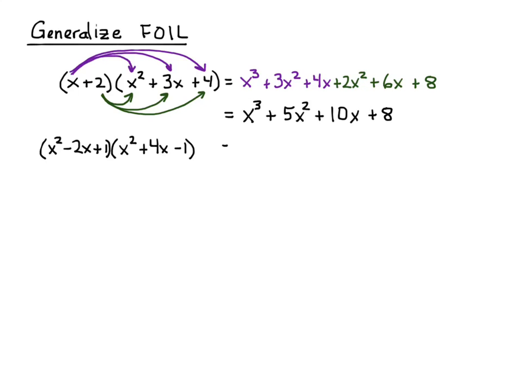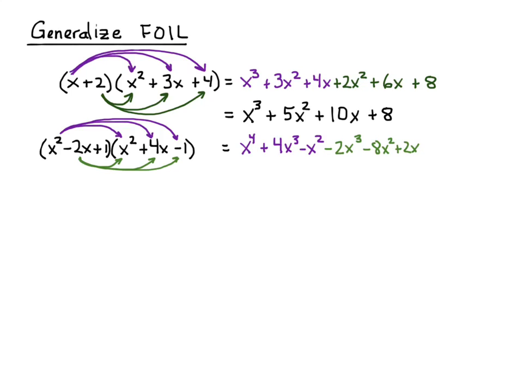Okay, so here's one that's a little bit longer, a trinomial. We take x times x squared, which is x to the 4th. X squared times 4x is 4x cubed, and then x squared times minus 1 is minus x squared. Then the second term, same thing. Multiplying by all three, you get negative 2x cubed minus 8x squared, and then negative 2x times negative 1 is going to be 2x. And then you do the last one, x squared,